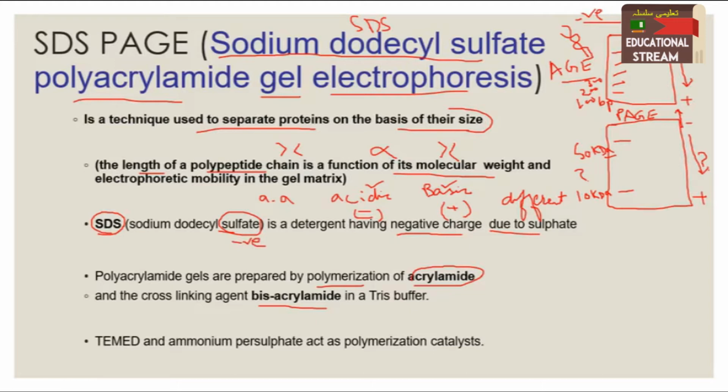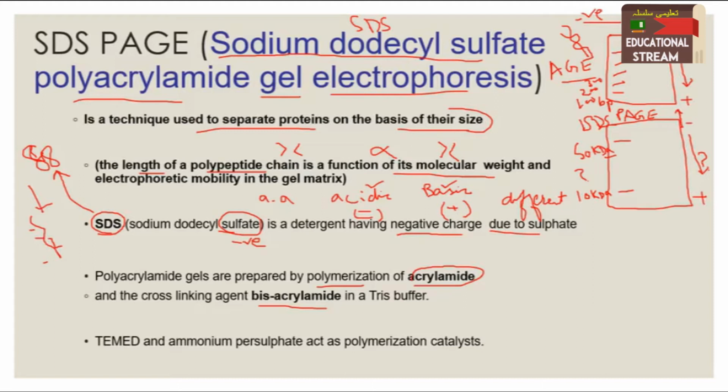It means that, for example, this is the protein. We treat this protein with SDS, and SDS will bind with the protein and give negative charge to the protein. I will show you on the coming slides how SDS interacts with proteins. So now proteins have a negative charge just like the DNA. So when we have to run the protein on SDS-PAGE, we will treat the protein samples with SDS and then we will run our samples.